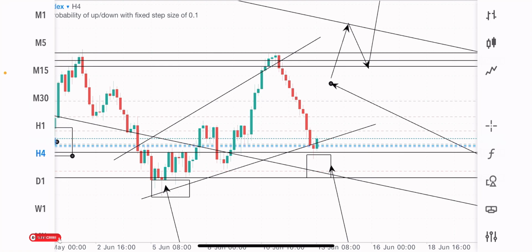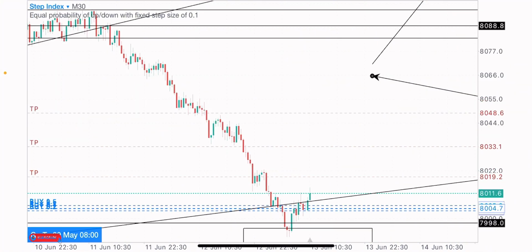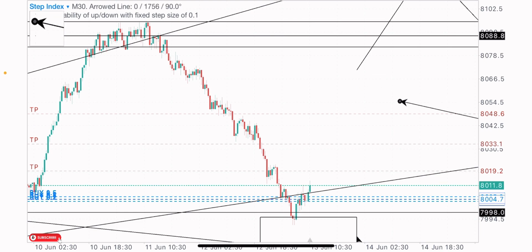So I identified my buy zone, which is on this level on the 4-hour time frame, and went to a lower time frame to get my entries. So on this lower time frame, I got into the trade on the 30 minutes time frame. Basically, I got into the trade here. I bought this index at this point, after this bullish engulfing candle here.